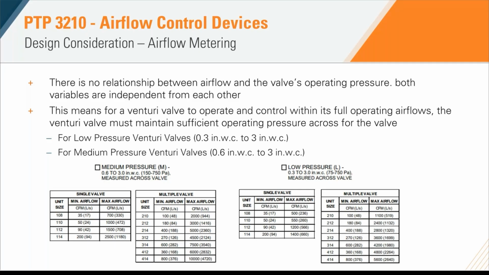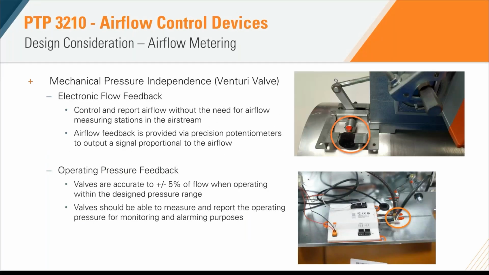As mentioned earlier, in constant volume applications, we don't require any electronic components, be it a controller or actuator, to control airflow independent of those duct pressure fluctuations. But if we do want to get airflow feedback from that Venturi valve, then we're going to utilize the electronic flow or positional feedback from that potentiometer. As you can see there, the electronic flow feedback